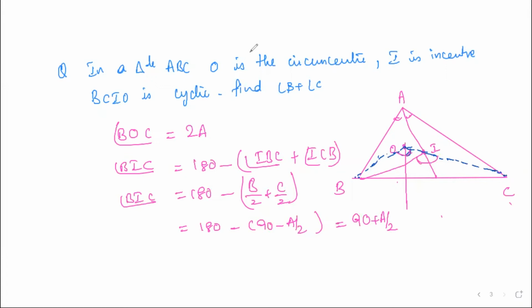Suppose if I am drawing a circle which is passing through B, C as well as O and I. And BC becomes a chord here. Chord subtends equal angles on the circumference. Since I is a point on the circle as well as O is a point on the circle, chord subtends equal angles on the circumference. So we can equate